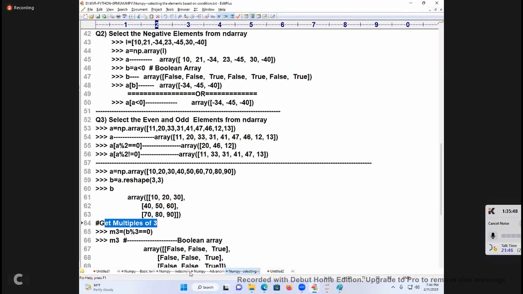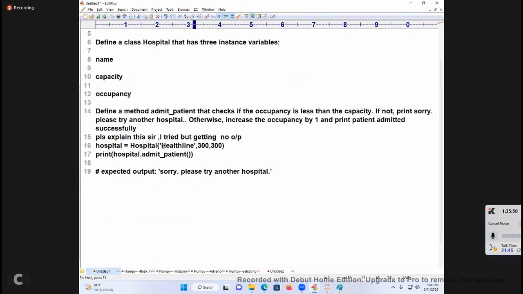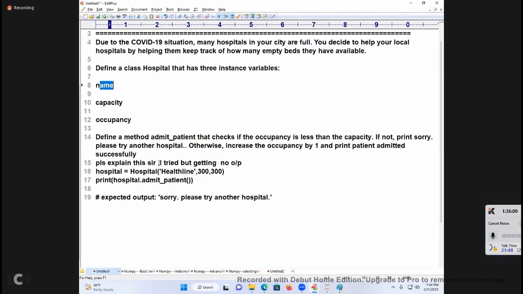What is my student requirement? It is taking what? Constructor. Constructor means what should I take? Hospital name, capacity, and occupancy. Why am I writing a constructor? Because he is creating an object of the Hospital class by passing the values. It is called a parameterized constructor.